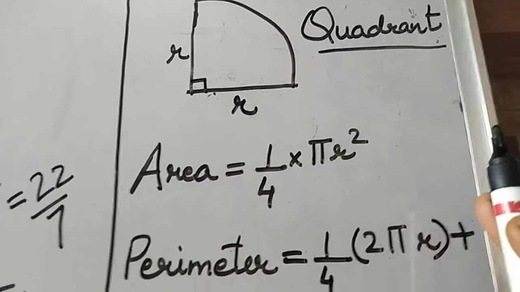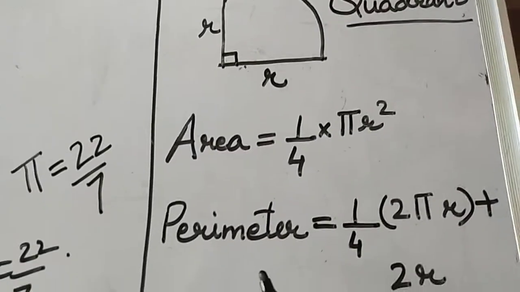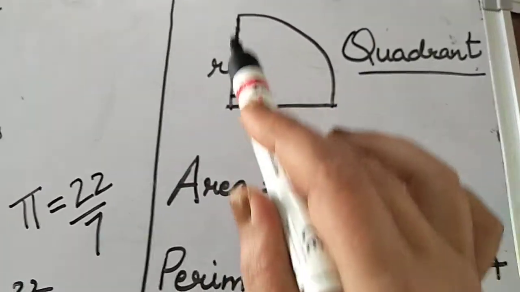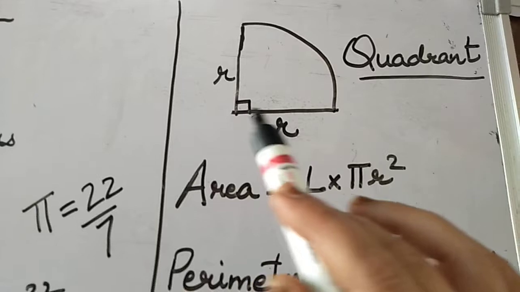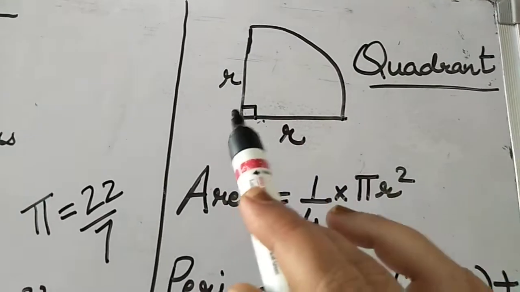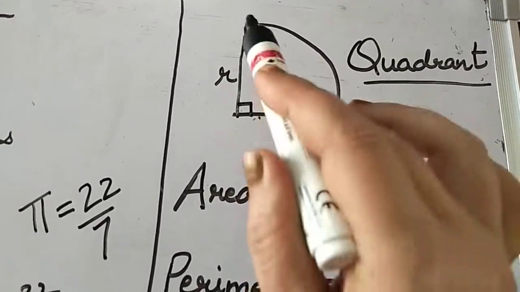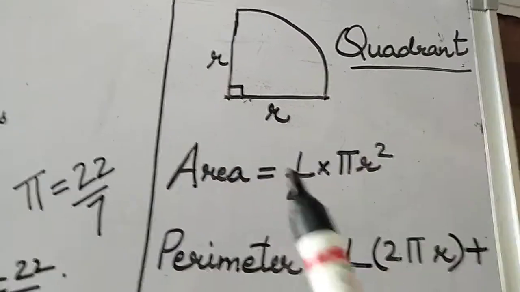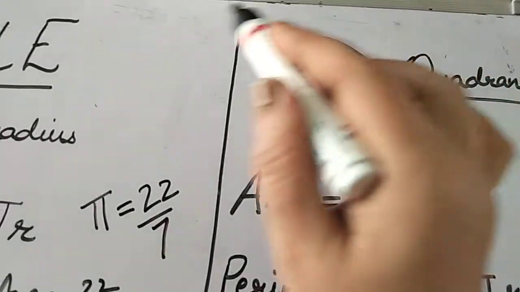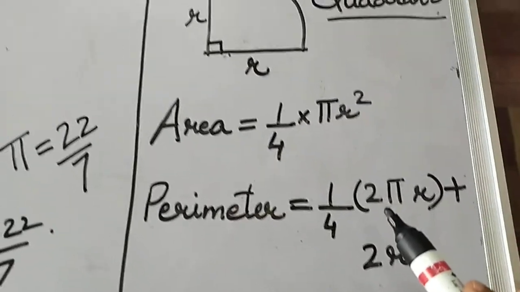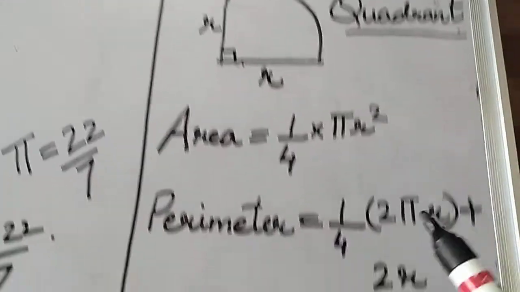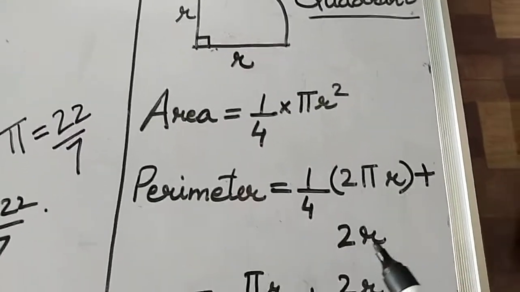Okay. Now again comes the perimeter. Here we are calling it perimeter because it consists of the circular part as well as the straight lines. Now if you are asked to take a thread and make a quadrant, then you don't need only this much. You need the 2 radii also, the length of the 2 radii, to make a quadrant. So perimeter will be equal to, now the circumference of the whole circle was 2 pi r, and this is a quarter, 1/4 of 2 pi r. This length is 1/4 of 2 pi r. So 1/4 of 2 pi r plus 2 times radius.